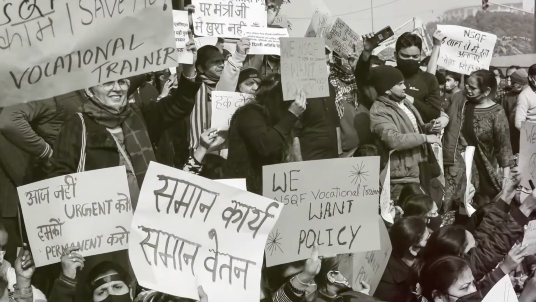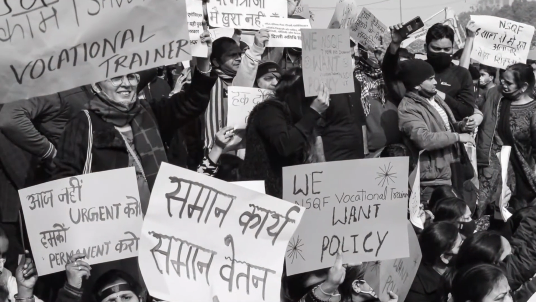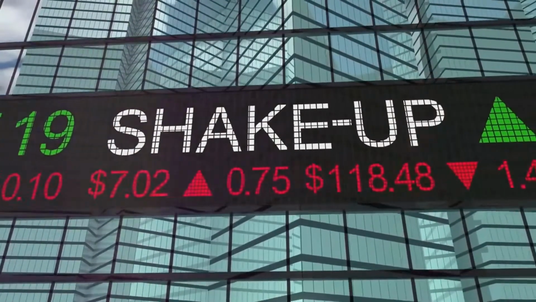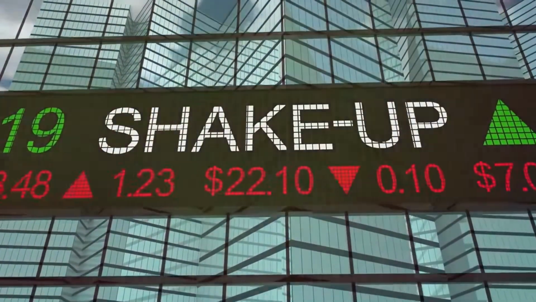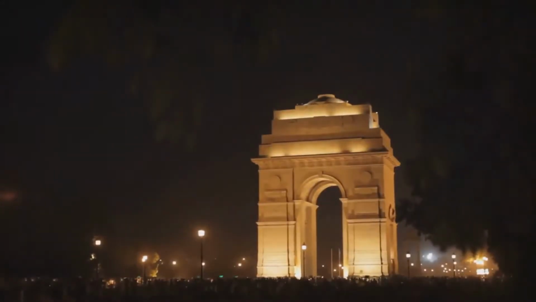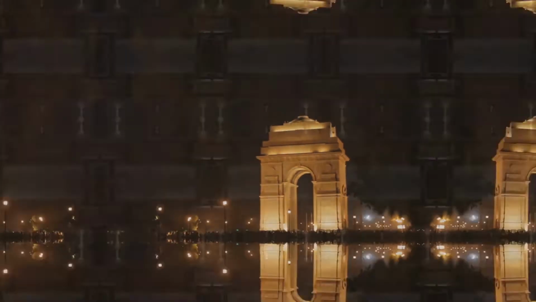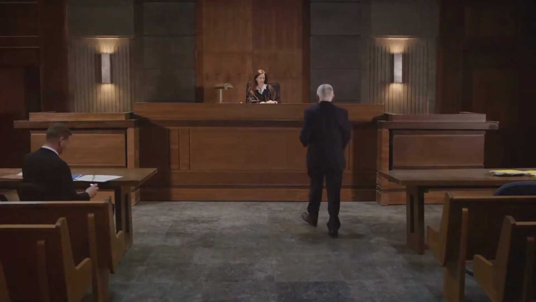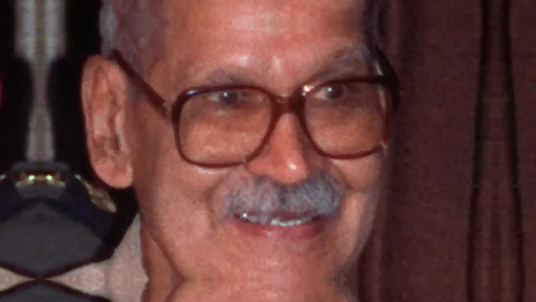In 1989, the Bofors scandal led to political upheaval in India. In 1991, India faced one of its worst economic crises, leading to the beginning of economic liberalization. That same year, the assassination of Rajiv Gandhi shook the nation. Venkataraman was a polyglot and served as an advocate during the independence struggle.